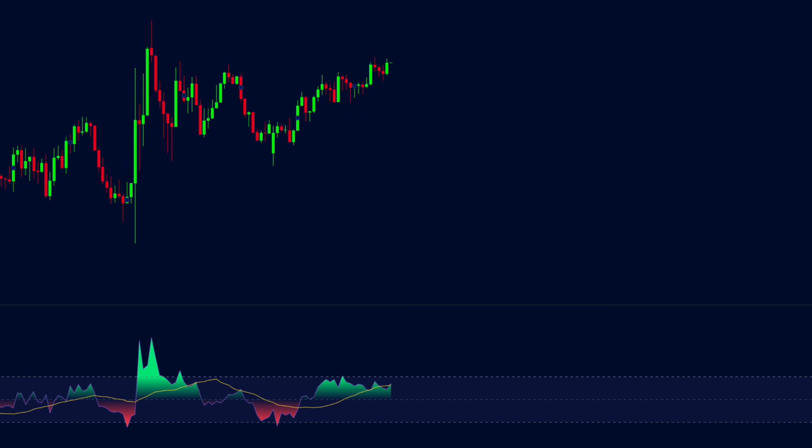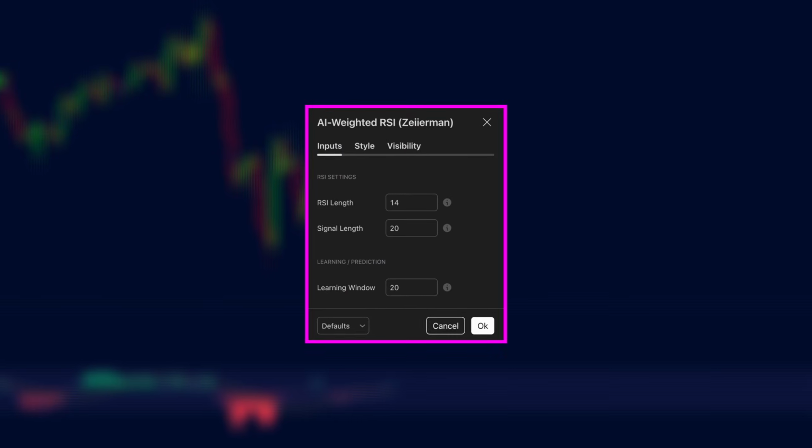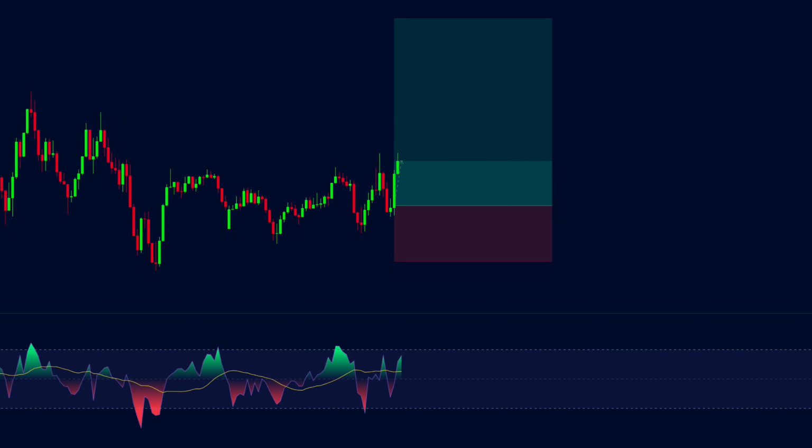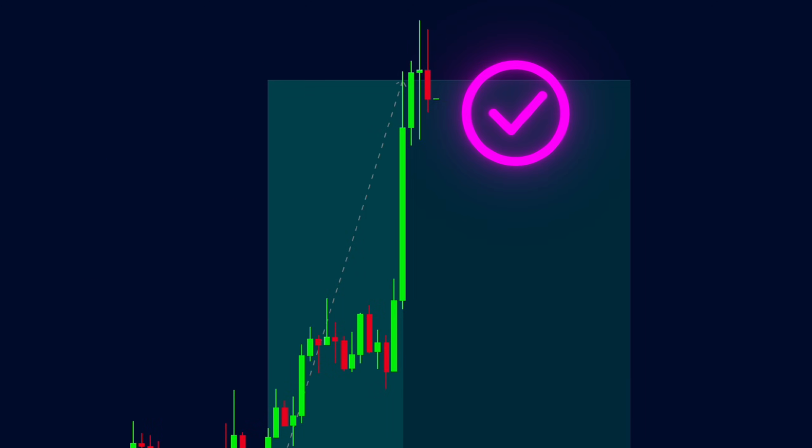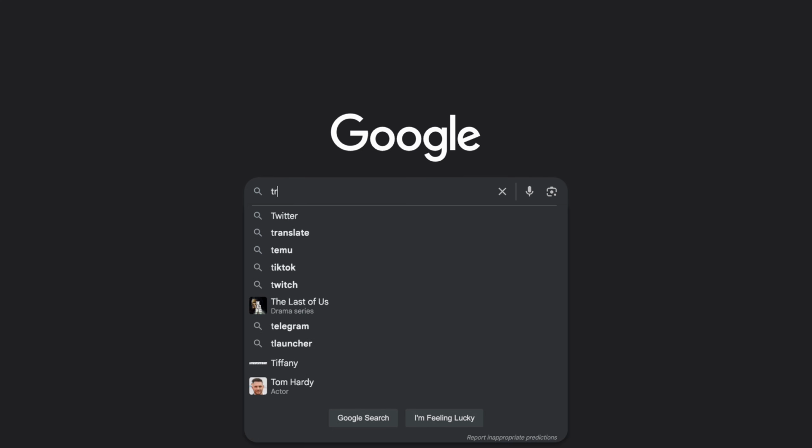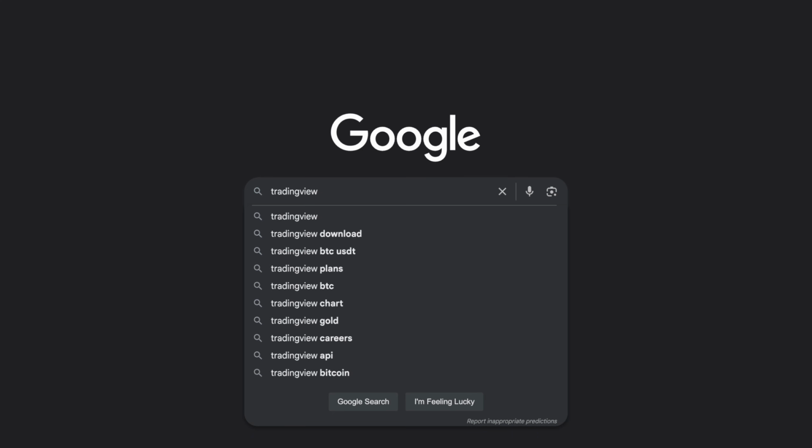In this video, I'm going to reveal this indicator to you, show you the perfect settings for maximum accuracy, and give you 3 powerful strategies you can start using today. Let's get into it. To add this powerful indicator to your chart, first, head over to TradingView and pull up